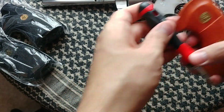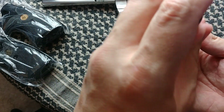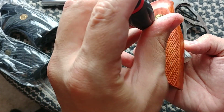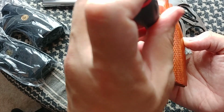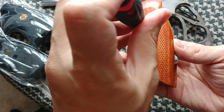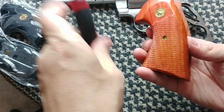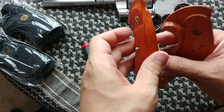And that's it. So yeah, well, one of the reasons why I like these is, first of all, I'm not having to use any special care in regards to messing up the grips, and that just makes it more enjoyable. I'm not shooting a ton with this gun, to be completely honest, just every once in a while, but it's nice to do so without worrying about